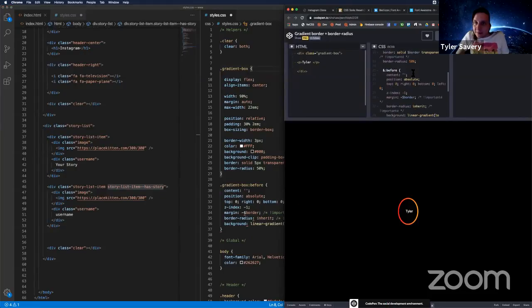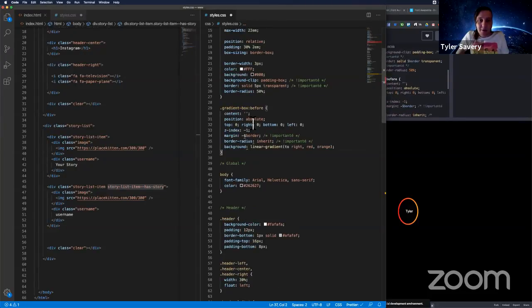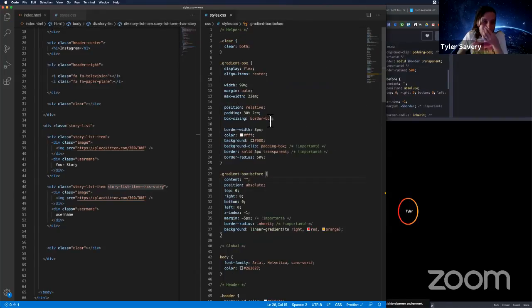Did you have anything else in here? Oh, and then the gradient box before. Okay, so there are some errors I'm seeing, and that's because he was using this variable called border, which I'm going to change, and I think that's pretty good. So I'm saving that, and I'm still going to keep this like this because there's probably stuff we're going to want to do aside from the gradient, but we're going to add another class called gradient